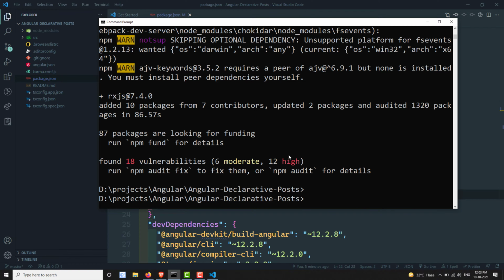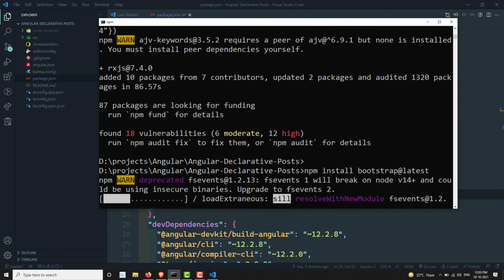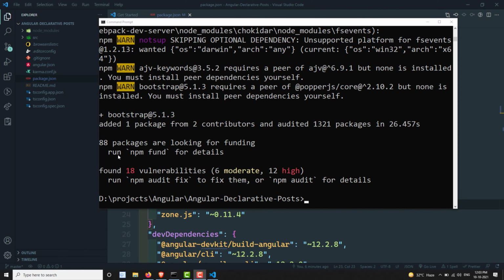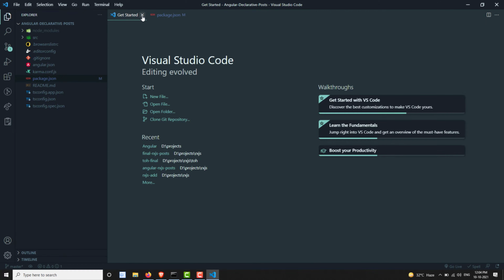Now we will also install Bootstrap. So npm install bootstrap@latest. I am using the latest for this one also. I think the latest Bootstrap version is 5.2 or 5.1. So let's install Bootstrap also, so that there is no need to write the CSS and all those things. We can make use of the Bootstrap features itself. So we are setting up the project. Initially we are setting up the Angular project so that we can develop the application in it. Right, Bootstrap 5.1.3 has been installed. So this is all, we have set up the project.